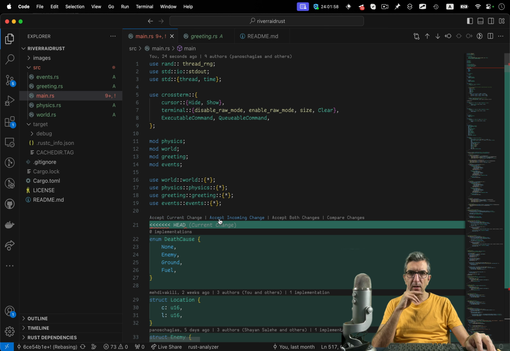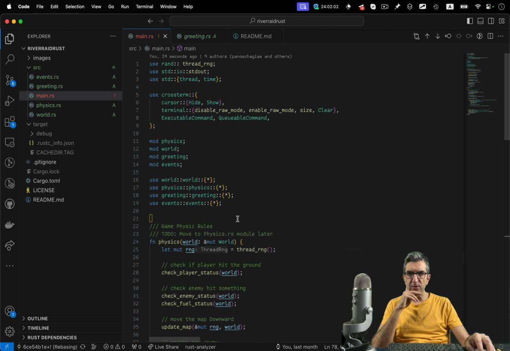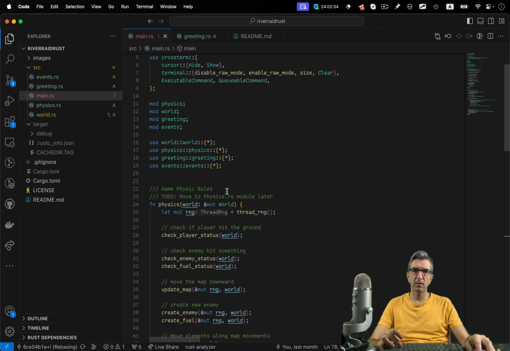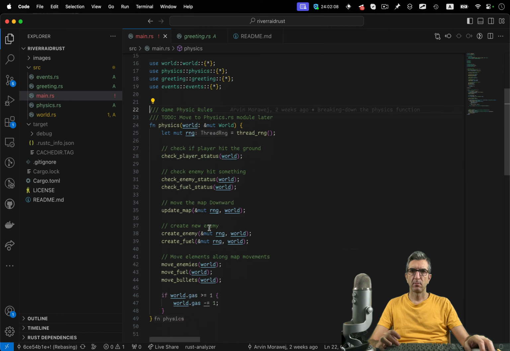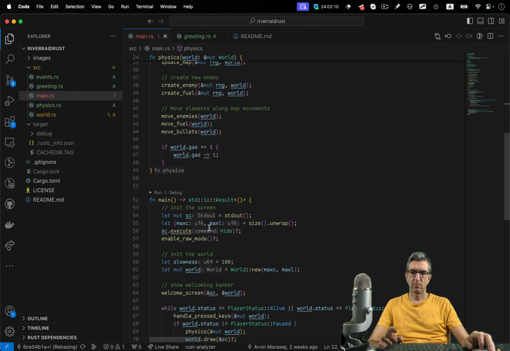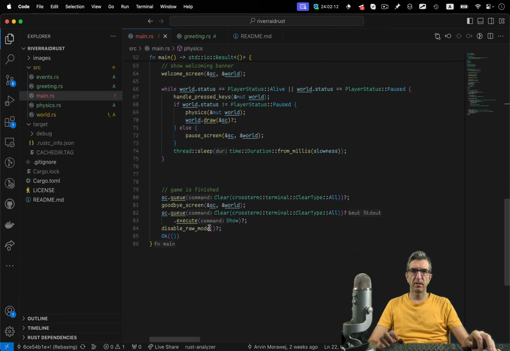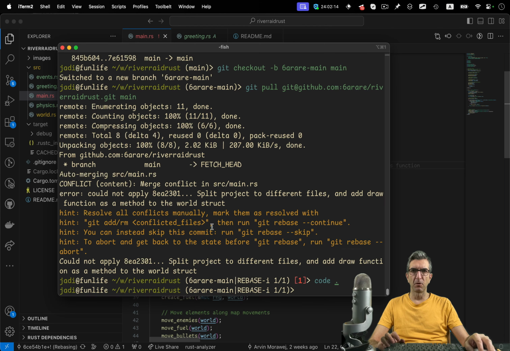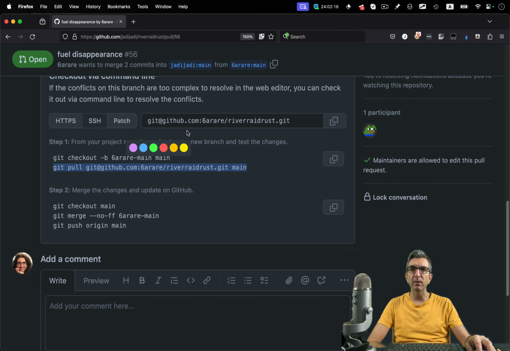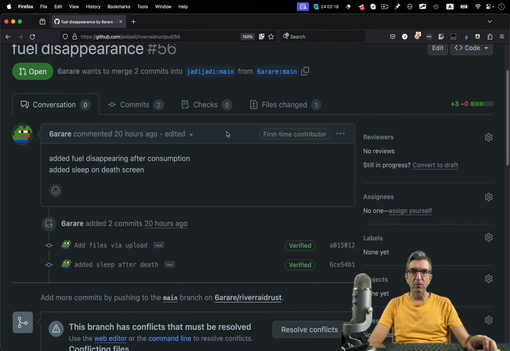Keep the incoming change, because in my main I don't want anything. I will save this. So I missed whatever he's done, but I will go here and add them manually because it's clear. So, file changes.